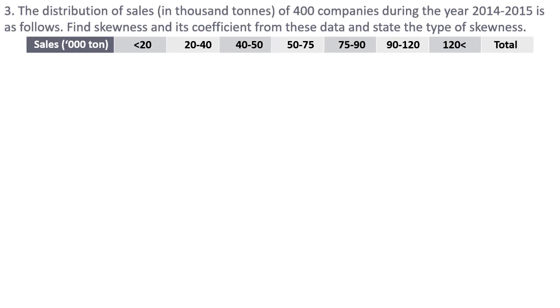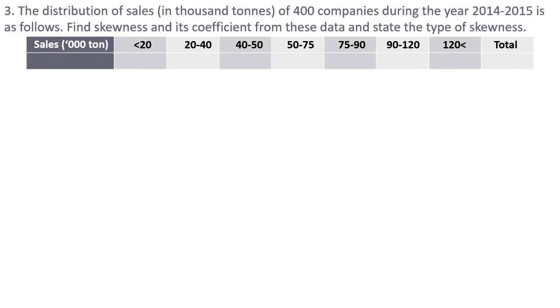So as you can see, the method of skewness, Karl Pearson or Bowley, is not mentioned in the question here. So we may wonder which method to use. But from the given data, you can see that the least value is less than 20, that is open-ended, and the maximum value is more than 120, that is again open-ended. So the data given is open-ended, and from the notes we know that Bowley's method is the only method for skewness which can be used when open-ended classes are given. So naturally we have to use Bowley's method of coefficient of skewness for calculating skewness and coefficient of skewness for this data. Keep this in mind, so accordingly we will prepare the columns.